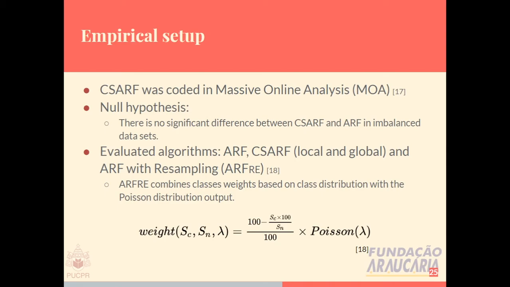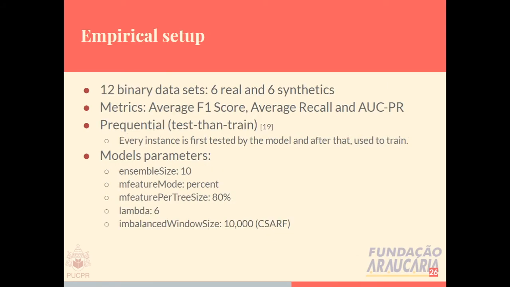He combines weights with the Poisson distribution output for a given instance. The higher the incidence of a class, the lower the weight assigned to the instances which belong to this class. We evaluated ARFRE, CSARF, and ARFRE with resampling in 12 binary datasets using the metrics average F1 score,